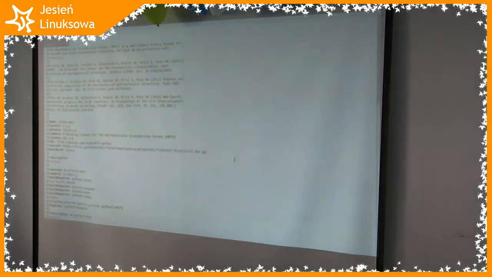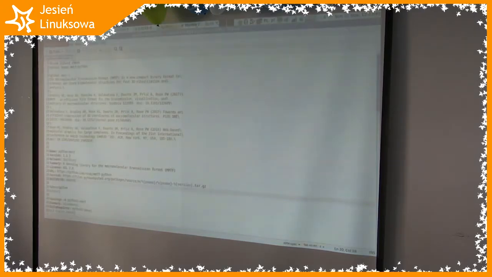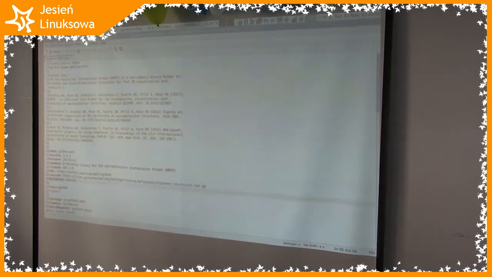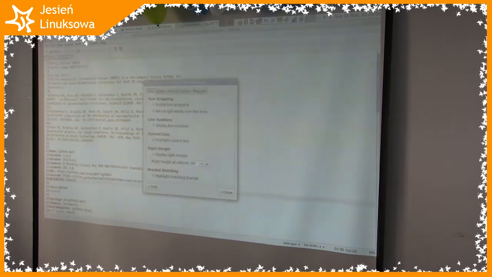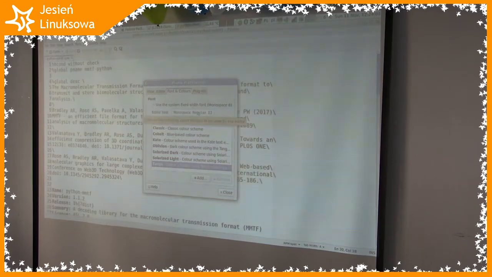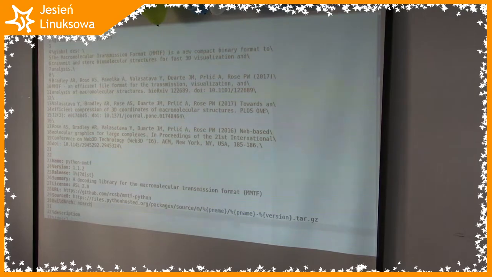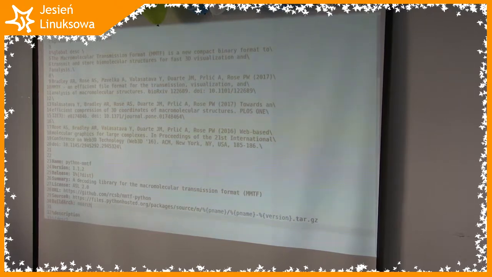Should make it better. Okay. Let's keep this configuration. This should be better. It's fine. Now we can also try to focus. No, it's not that. So,